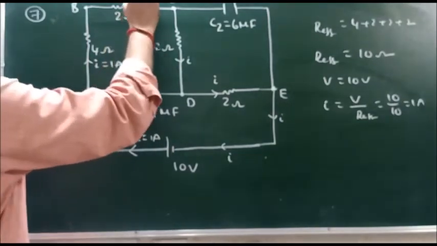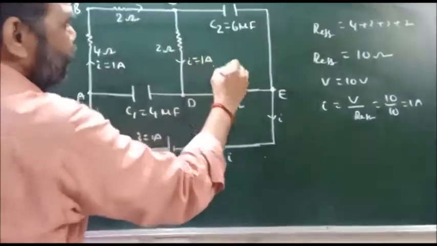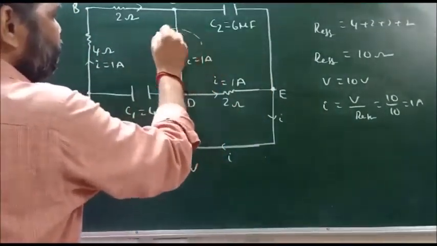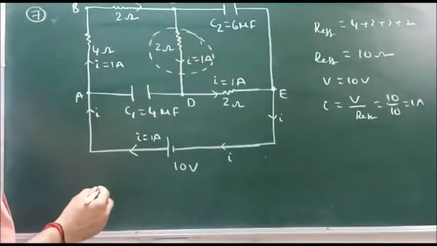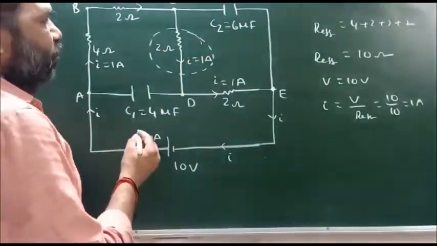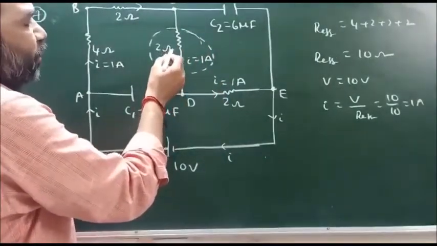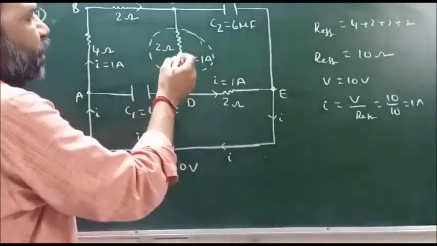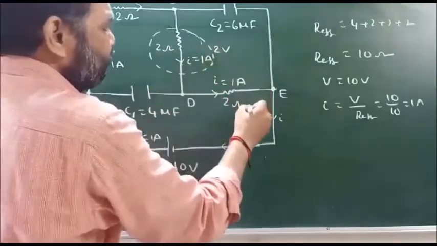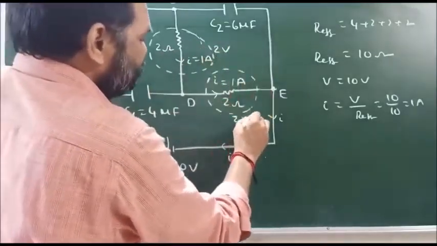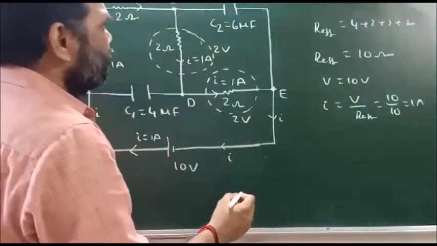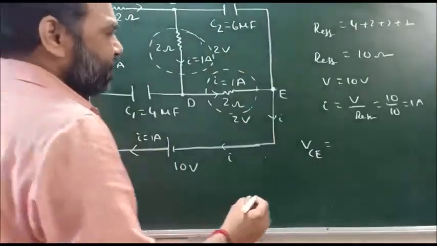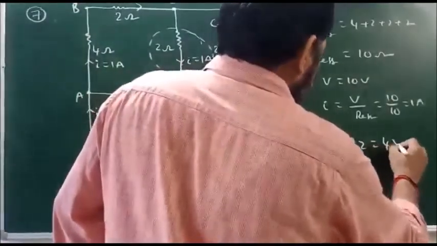That means through all these resistors a current of 1 ampere can travel like this. In this case, if we observe the potential difference on this 2 ohm resistor, we can calculate it as V is equal to IR. Here the resistance of this resistor is 2 ohms and the current traveling through it is 1 ampere. Therefore, the potential difference on this one is 2 volts, and also the potential difference on this one is 2 volts. Therefore, the potential difference on the capacitor, that is the potential difference between C and E, VCE, is equal to 2 plus 2, that is 4 volts.